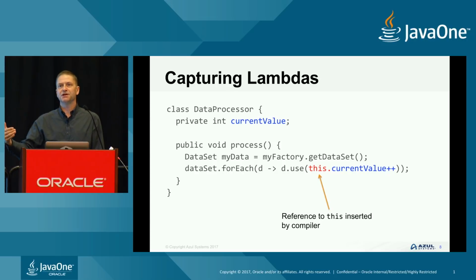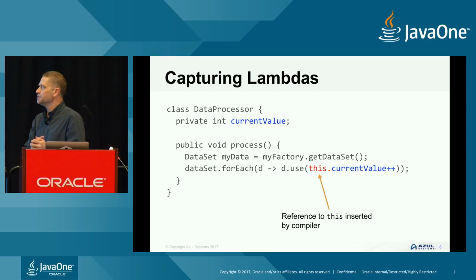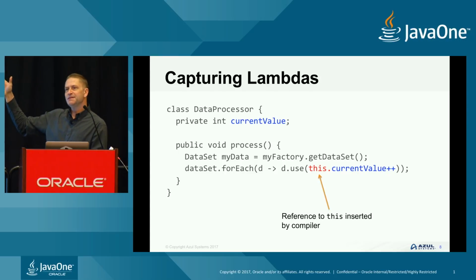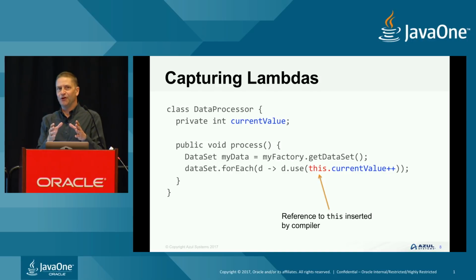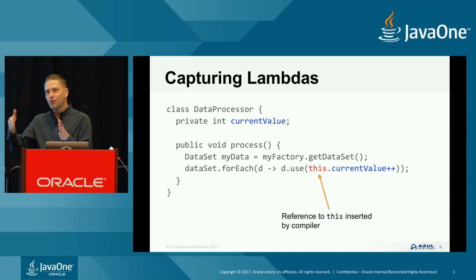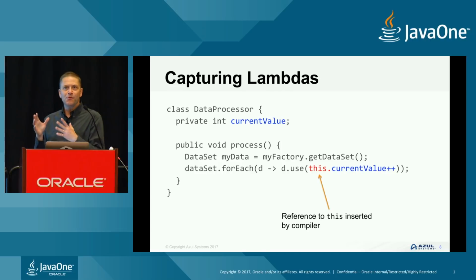So it's not like an anonymous inner class where there is an instance of that anonymous inner class, and if you use this, it would refer to the instance of that class. A lambda expression, if you use this, it refers to the class of the surrounding scope. In this case, it would be the data processor. So if we insert this in front of current value, this is an effectively final variable. So we can then use the effectively final variable, we can indirectly access through that into current value, and we can increment it. So yes, it solves the problem for us,